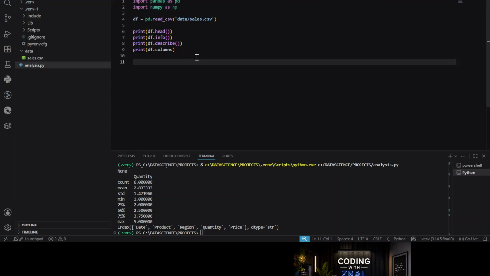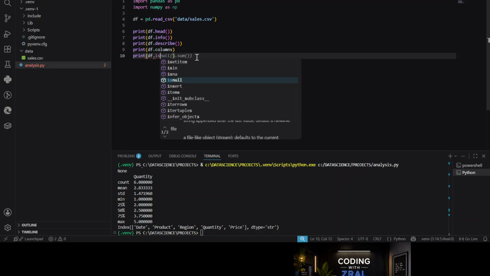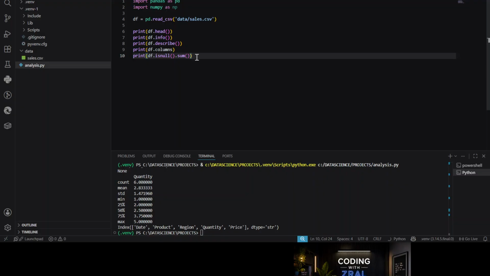So inside our print statement we will use isnull and the sum. Now, if you find a missing value, what we can also do after finding it